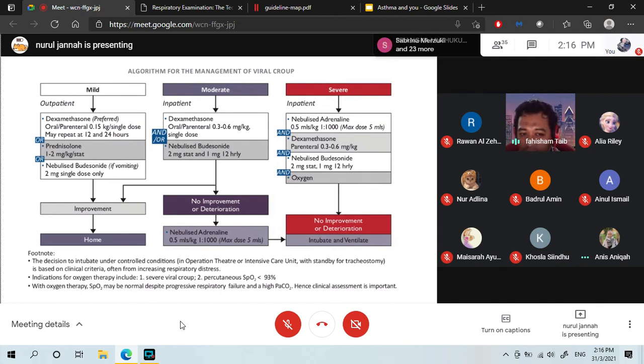Even if the patient looks okay or fine, you don't know what is going to happen in the next 20, 30 minutes after you discharge the patient. The patient might go back to where he was before, which is narrowing in the upper airway, leading to respiratory problems. So whatever you are going to give in the future, make sure you know the side effects of the drugs that you are going to give. Don't just give it without knowing the side effects. Okay, next one.